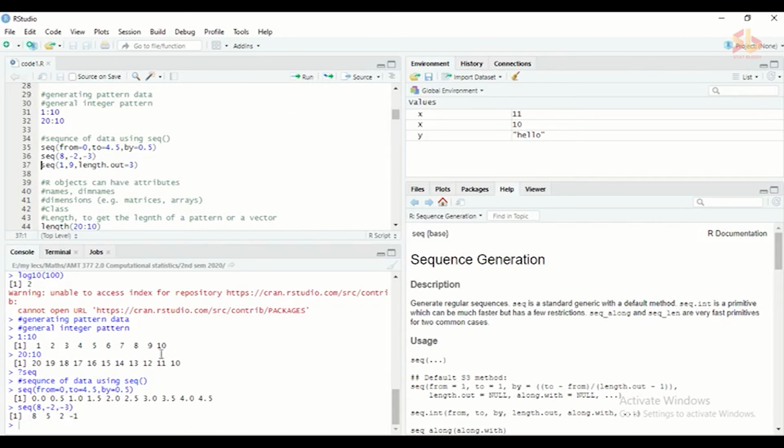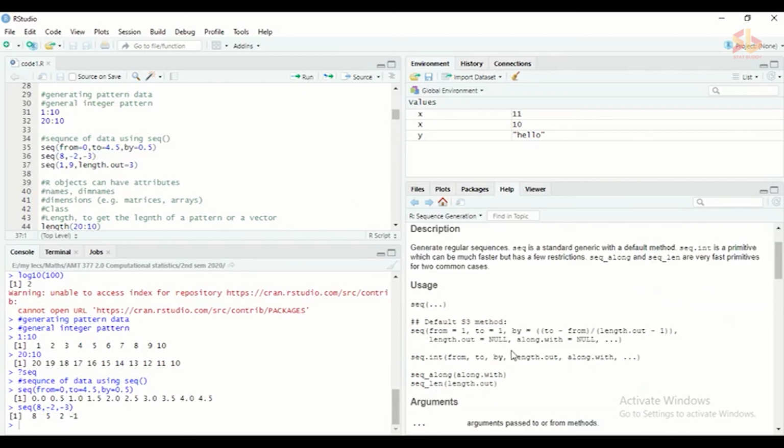Here, if you are following the order in the syntax, you don't need to type the argument name like this. Instead of typing from equals, you can type the input directly, and automatically that number will be taken as the value for this argument.